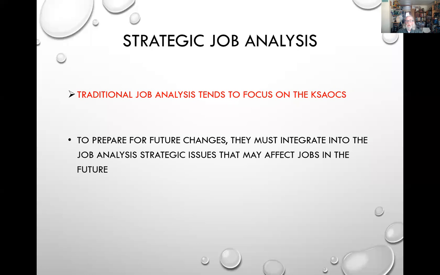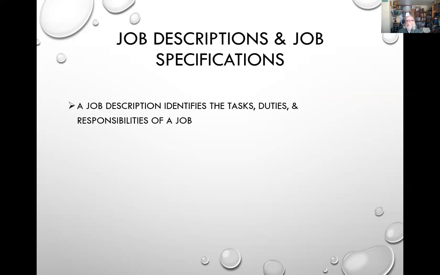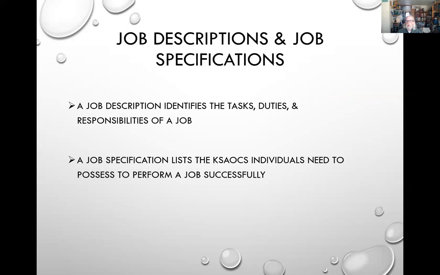And this is quite common in organizations. So you want to think strategically, really be thinking in a futuristic manner so that you know where you're going with this whole thing. Now, when it comes to the job description and the specification itself, be very specific about the tasks, the duties, the responsibilities, however you want to talk about it. You've got to list the KSOCs very specifically. You can't leave any out. Everything that's required to do the job successfully has to be listed.